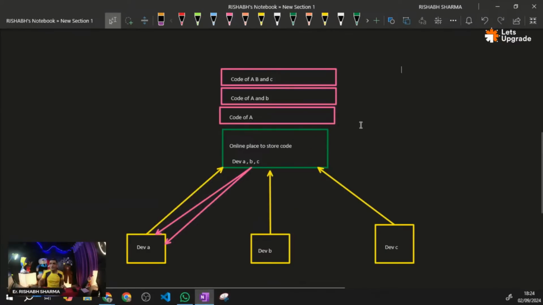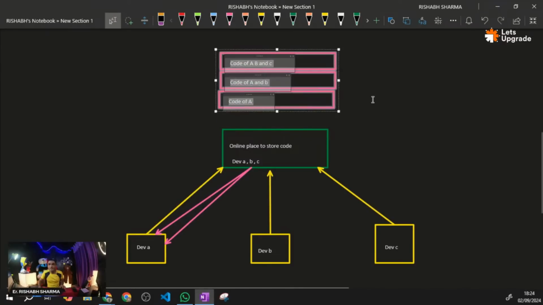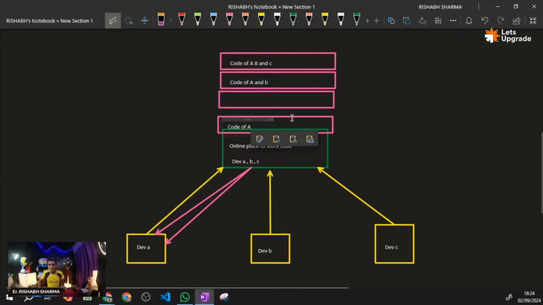Or maybe let us first do one thing. Copy, paste. Okay, so this was my initial code.